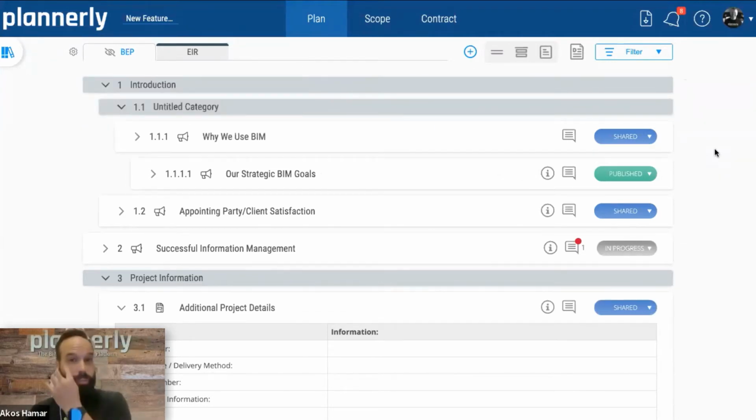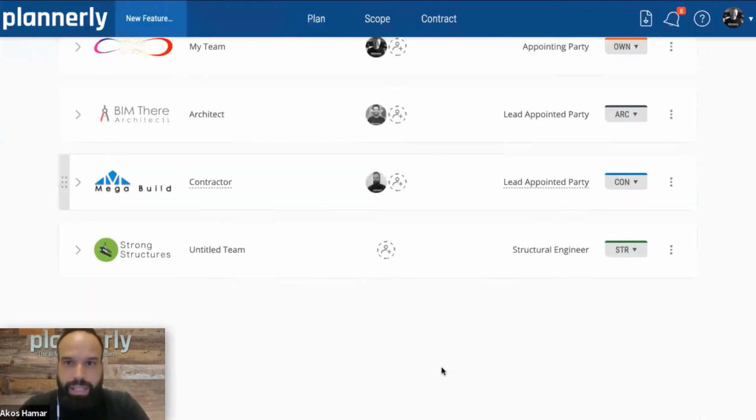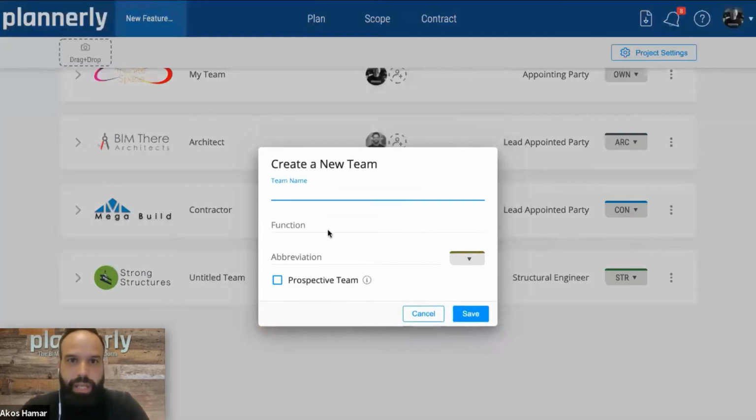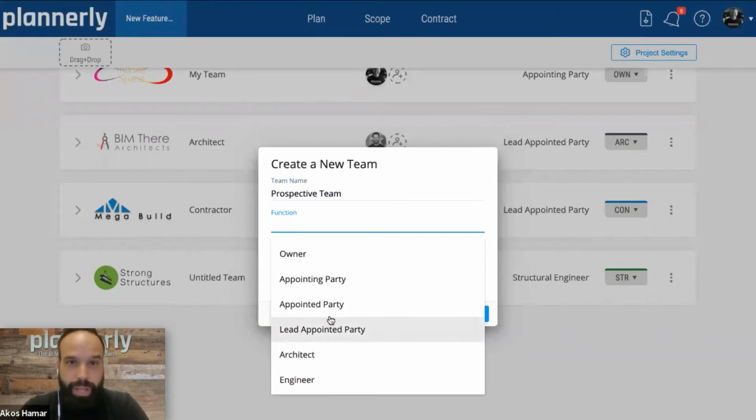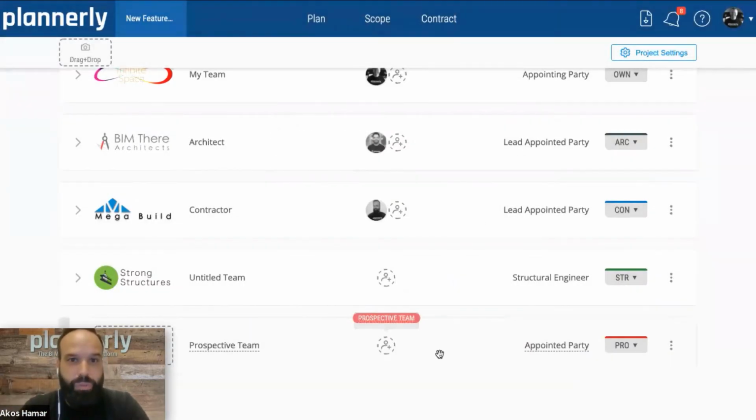Yeah, one more thing talking about permissions, I think that's a really important one, is that we are also supporting the tendering workflow, by being able to invite new teams, new team types, which would be prospective teams. And those prospective teams are very limited in what they can access and see in the application. You can have multiple prospective teams and invite them to the same document, let's say your same EIR, exchange information requirements, and then without having to send out anything, you would be able to get the answers in the same structure back on your EIR, and then easily decide who you want to work with and then elevate that team to become a project team.